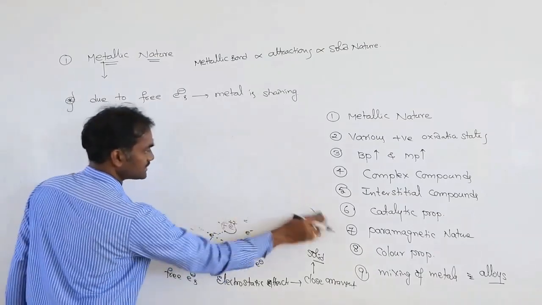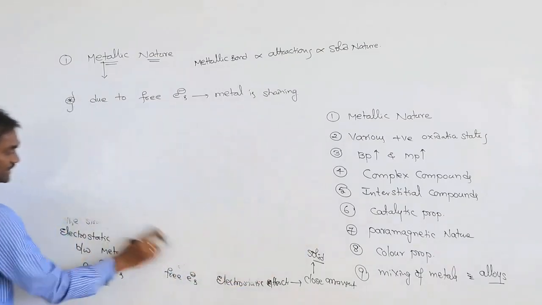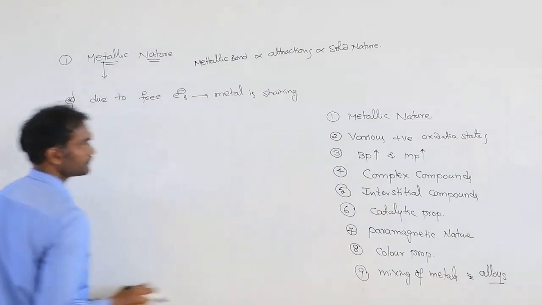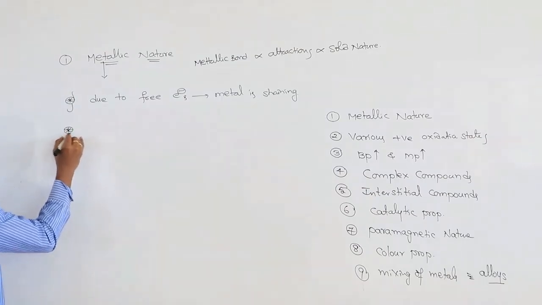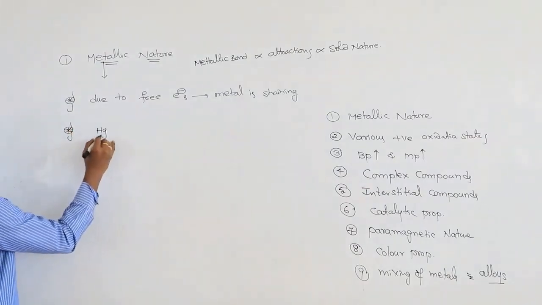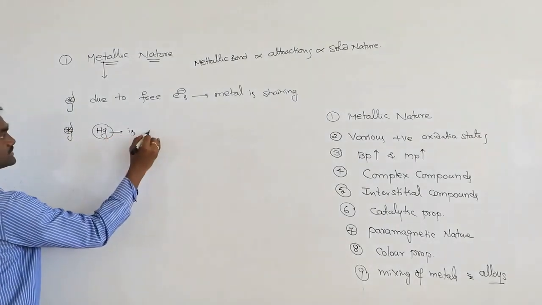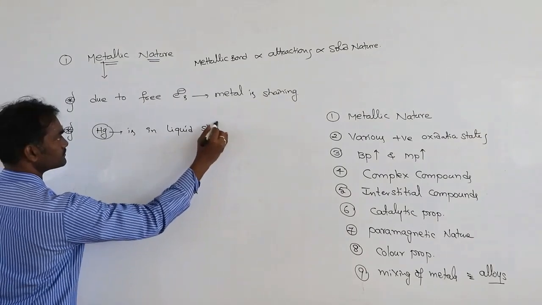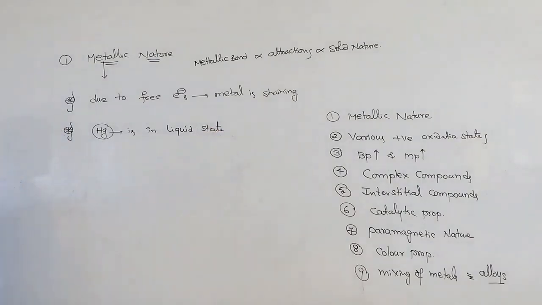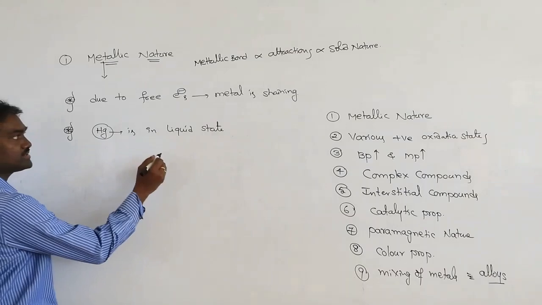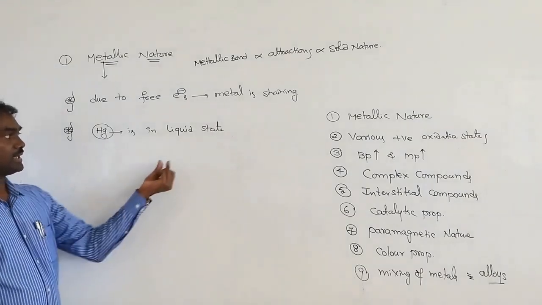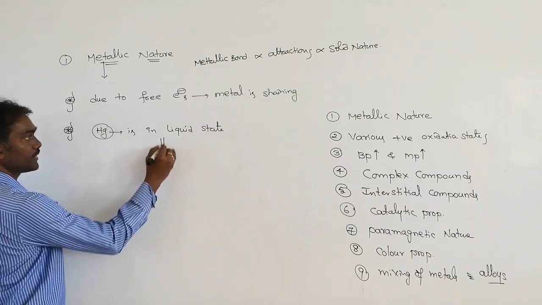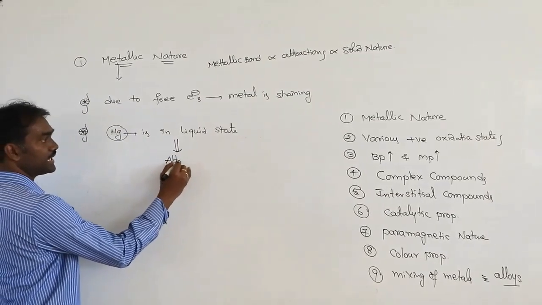Next, here everyone is solid, but mercury is in liquid form. So that also you can write. So mercury is in liquid state. Why? Liquid means what? The metal and metal are far away. So attractions are low. Why is it showing this? Because attractions